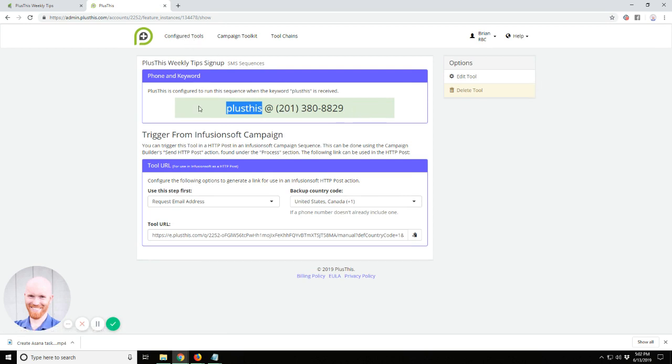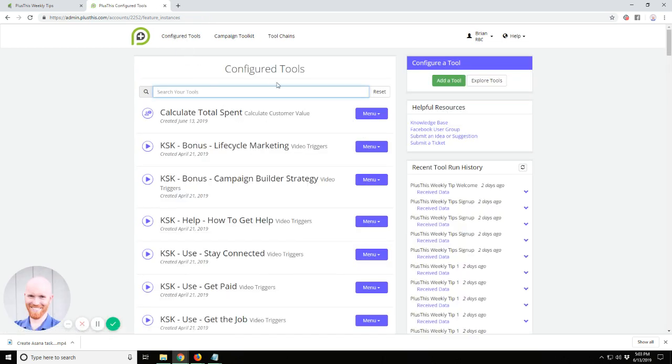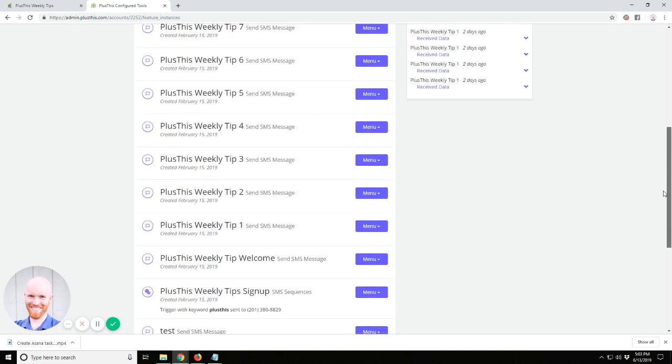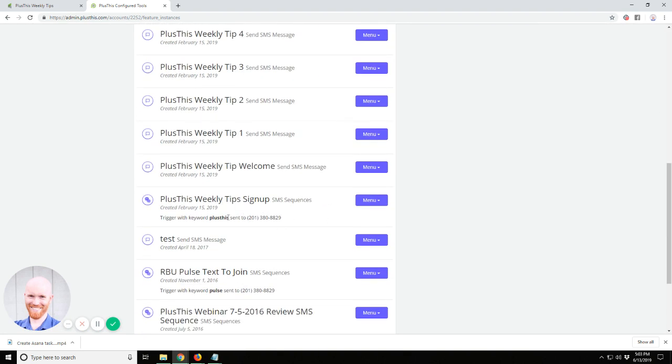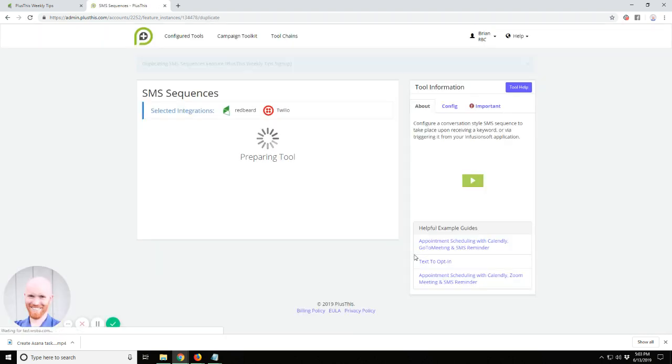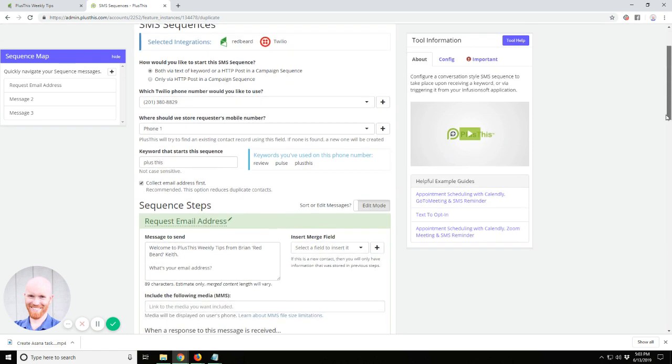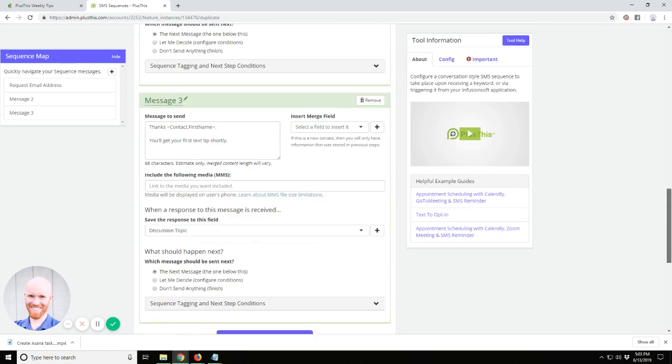But let's go ahead and we're going to go copy this whole campaign. If you go over to Configure Tools and you go find that particular one we were working on here, which yes, I use PlusThis a lot for SMS. Okay, PlusThis weekly tips. Here's the one we're talking about. Beautiful. Go to menu, go to duplicate this tool. It duplicates everything. Except here's what I want. I have people texting in with PlusThis as 2 words. Now, by doing that alone right there, I've already used PlusThis, but now I'll have +this going to the same thing. Now, everything else, nothing else is going to change.